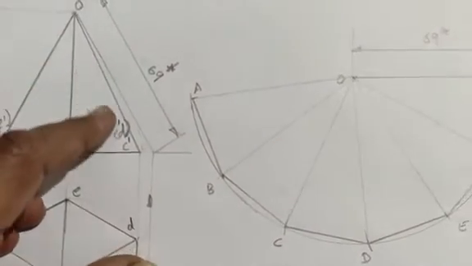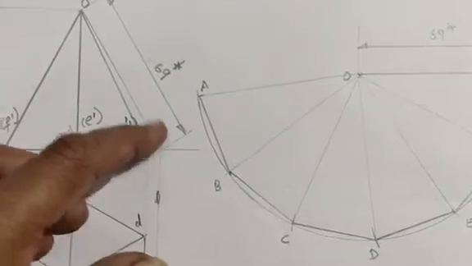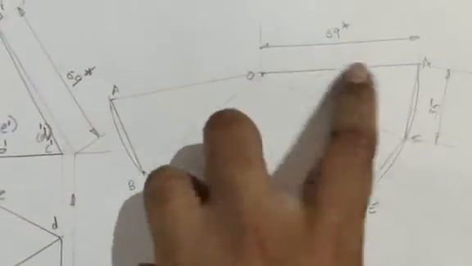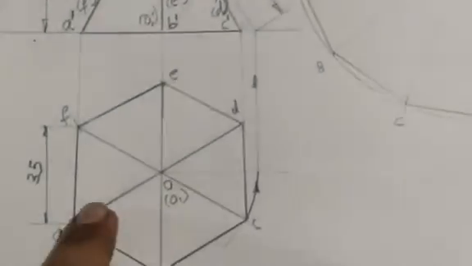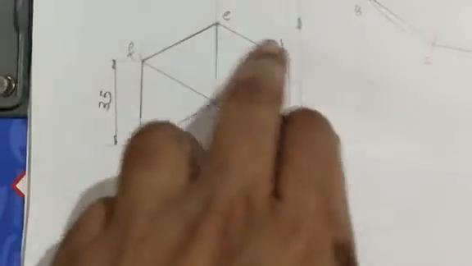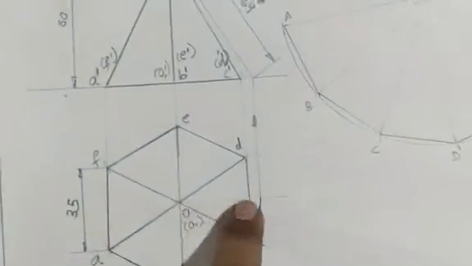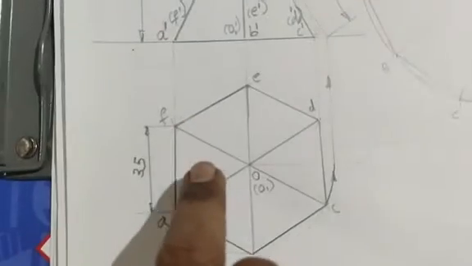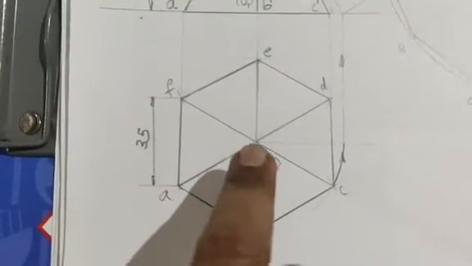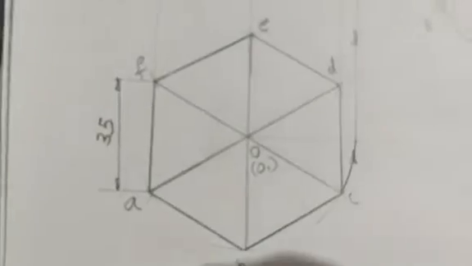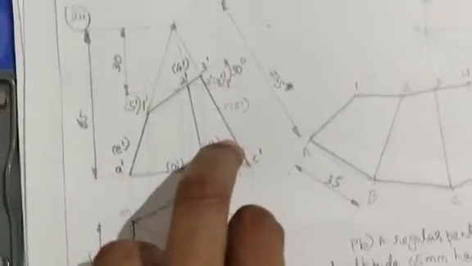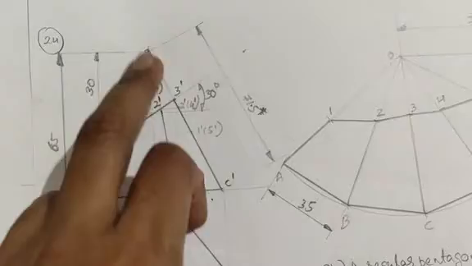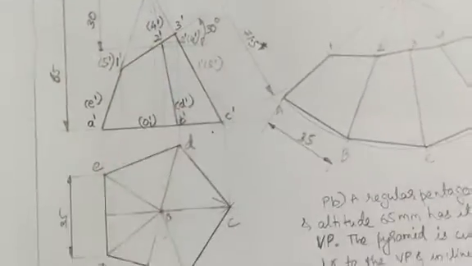I have to find out the correct slant height so that I can draw the curve of the development. Here we find that in the top view, none of the edges are parallel to the vertical plane or the xy line. Can you see here? None of them are parallel. In the previous pentagonal problem it was easy. Just see, OC was parallel, so this length OC in the front view was in true length. It was easy for me.